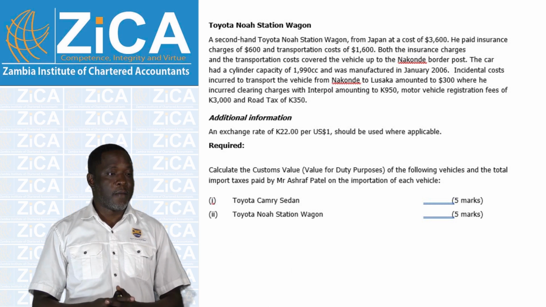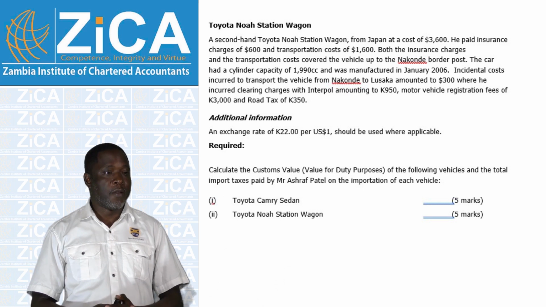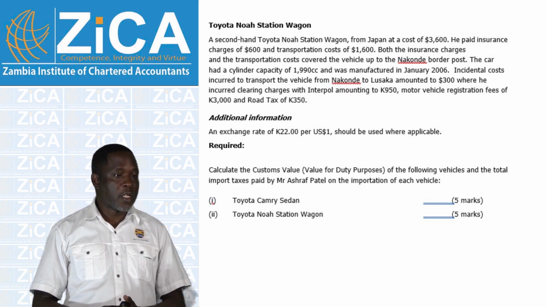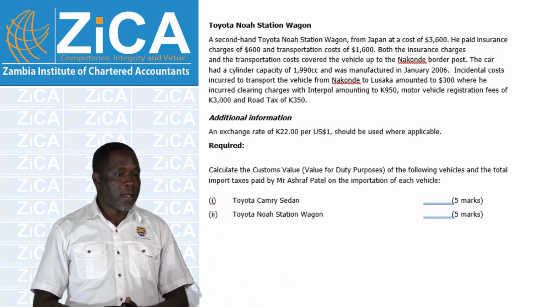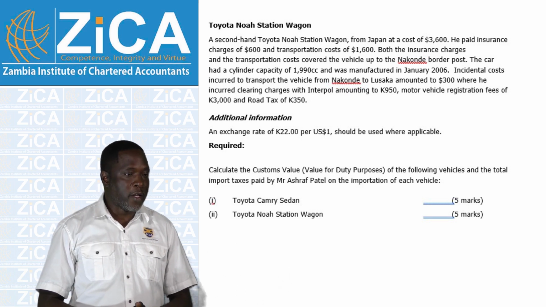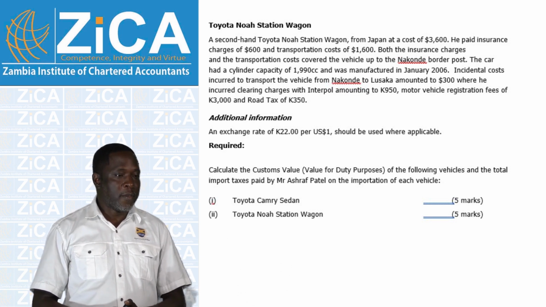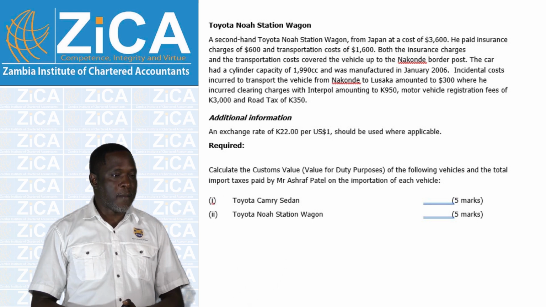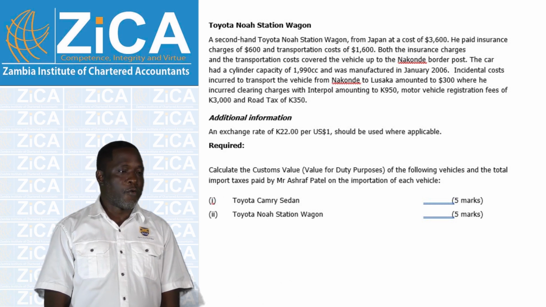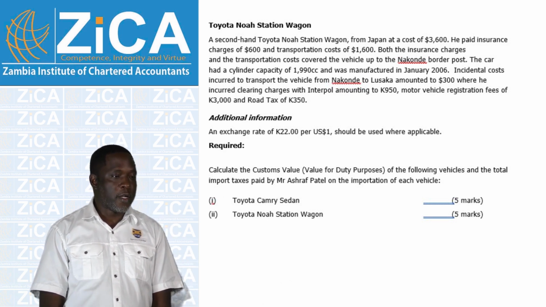So again, the first step will still be to determine the VDP for customs purposes. So we add the purchase cost, which was 3,600, insurance charges of 600, transportation costs of 1,600, up to the point of entry, up to the Nakonde border costs. As we have already said, incidental costs incurred within Zambia, the incidental costs incurred to transport the vehicle from Nakonde to Lusaka, which amounted to 300,